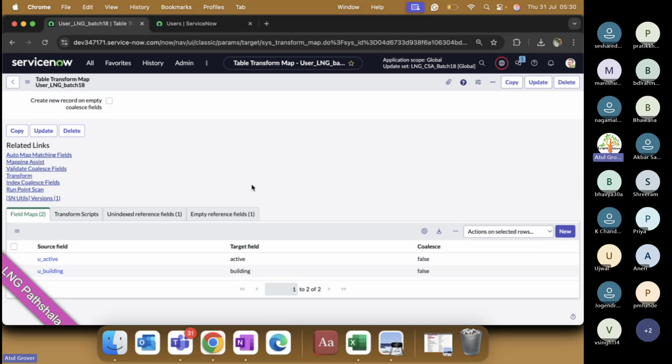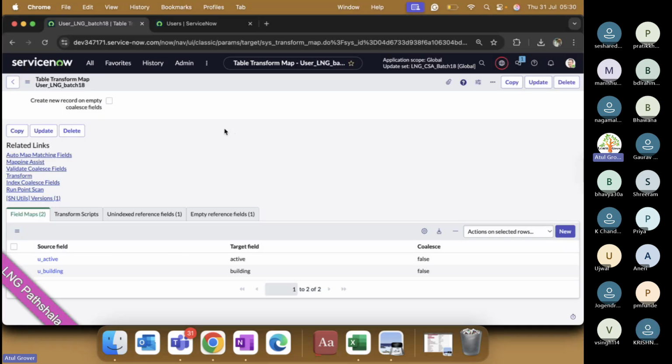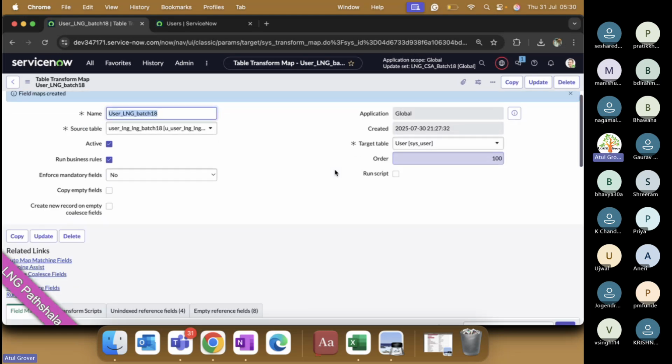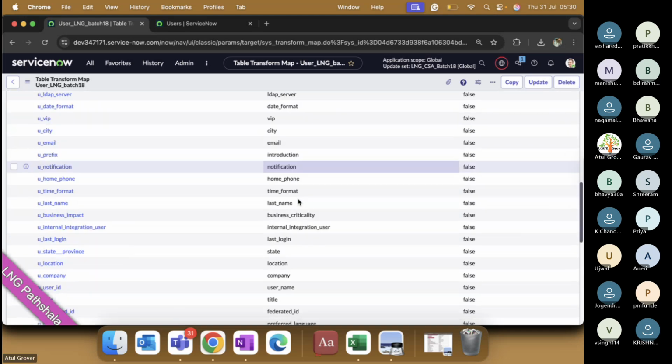Then we will use auto mapping. What is the purpose of having this format from ServiceNow? To make your auto mapping easy. Now what we'll do, ServiceNow will do automatically all the mapping. Click on this auto mapping. And now you will notice all fields have been mapped automatically. See,